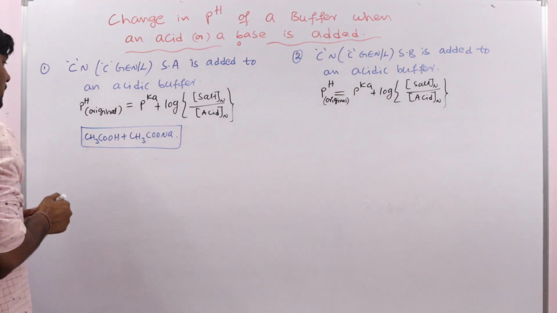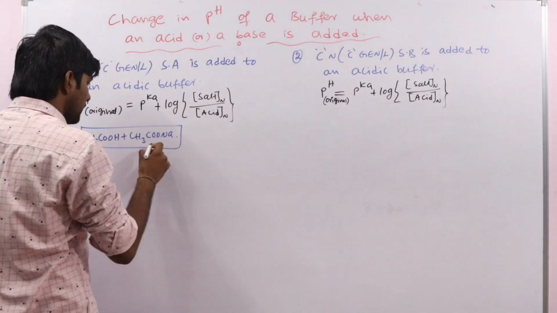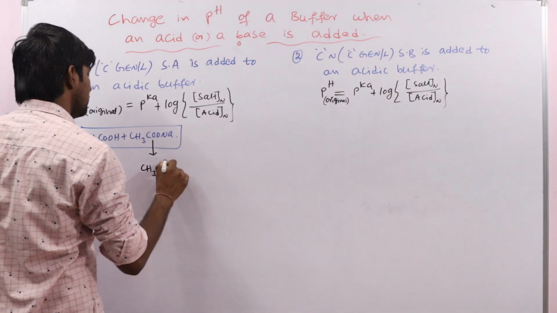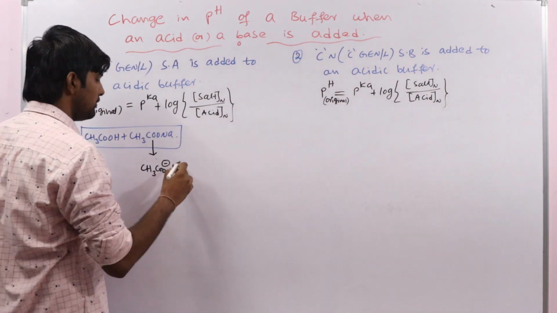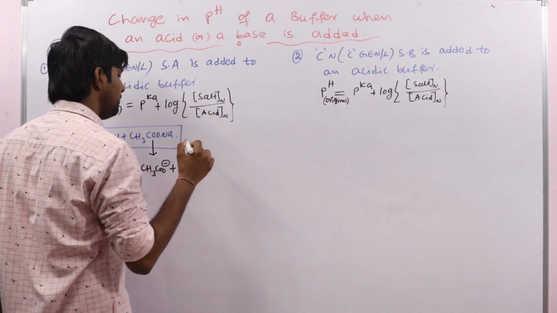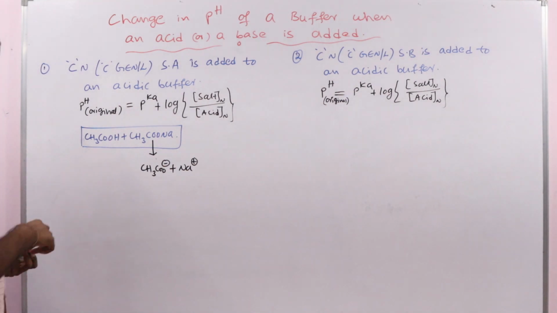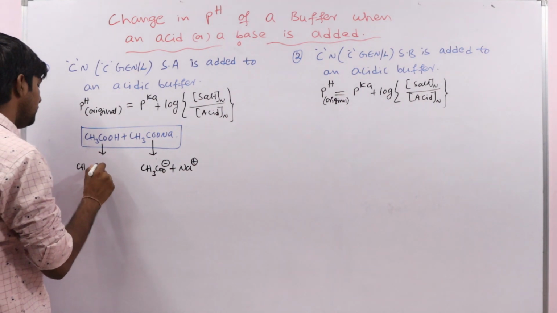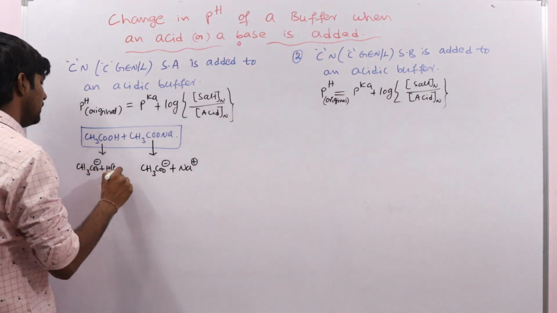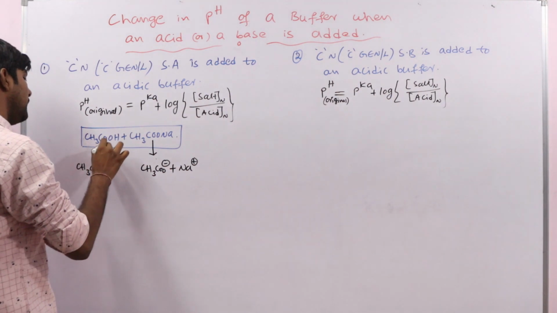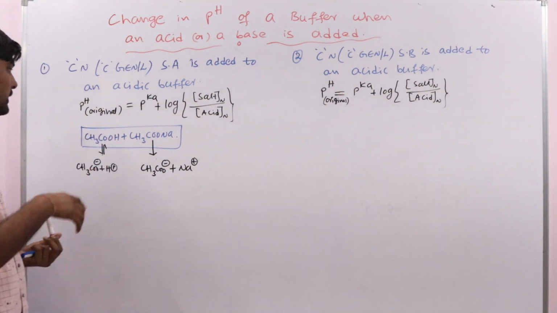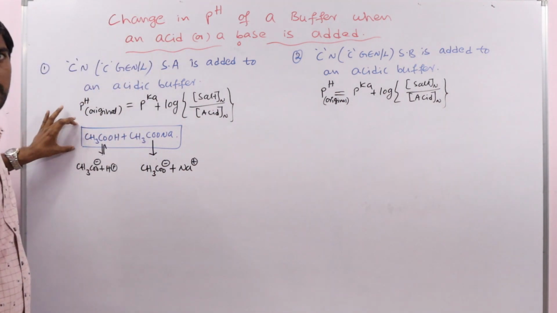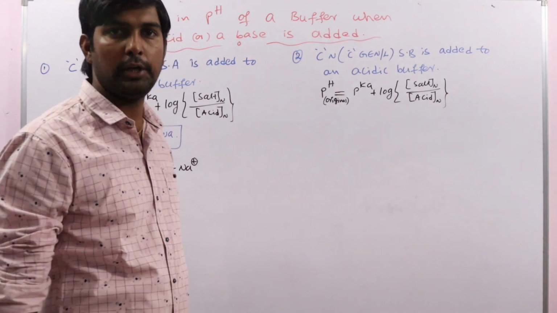Now see, CH3COONa dissociates to form CH3COO minus plus Na plus, yes or no? And this also dissociates into CH3COO minus plus H plus, but it is a weak electrolyte, yes or no? It undergoes partial dissociation and there exists the common ion effect, so that's why its dissociation is very less. Already we discussed this in the action of acidic buffer.